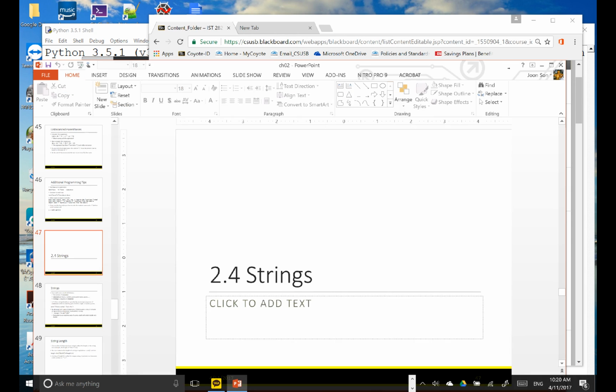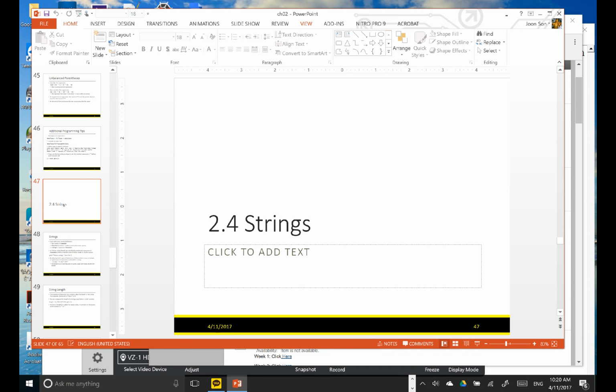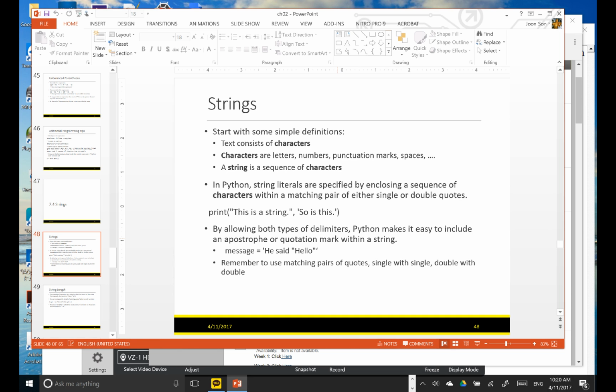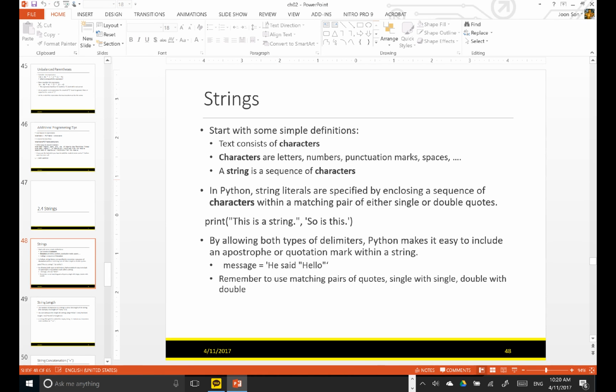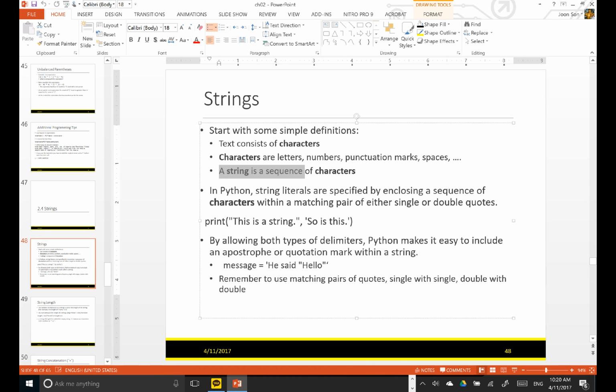Okay, today's lecture, I'm going to talk about string. So this is section 2.4, strings, and you can think of a string as a sequence of characters. A string is a sequence of characters, and you know that